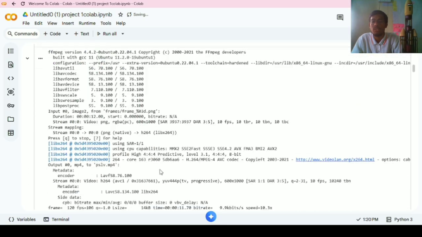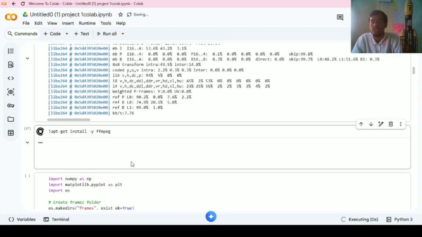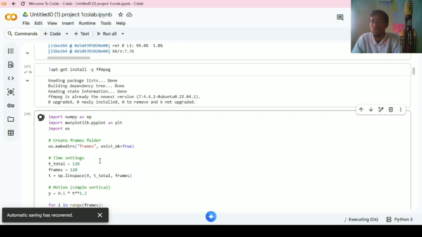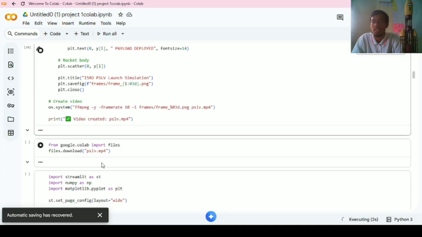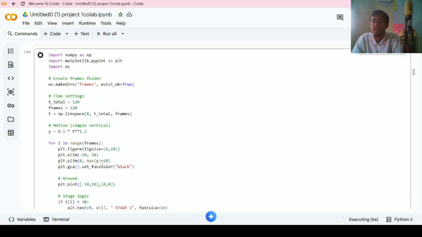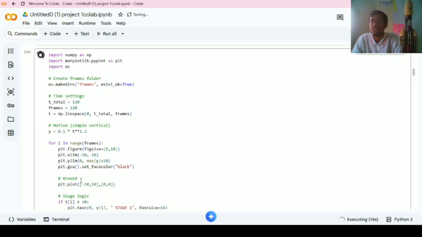That is the wonderful simulation, and let us run this code. Here we are installing FFmpeg, and here let us run this code as well. Fine. Obviously it takes time. And as you observe